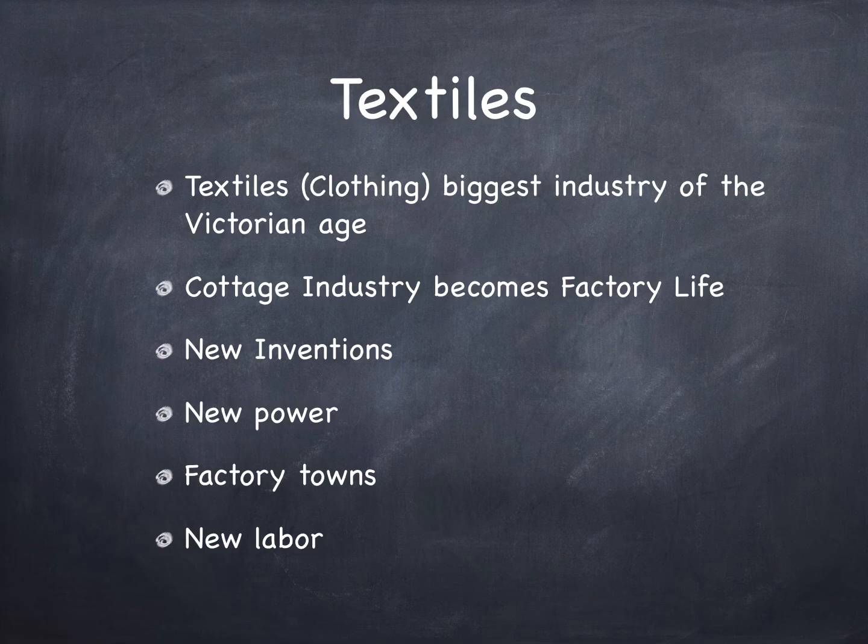So basically, factory workers were kind of close to slaves. I guess they could leave the factory town, and it's not as bad as slavery, but they did not have a lot of agency for sure. And there was new labor because fewer people needed to work on farms because they were more efficient. All right, so what was life like in a factory?